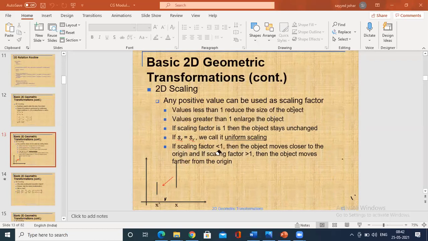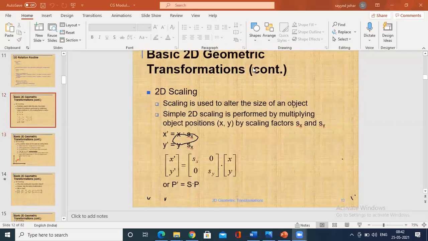If the scaling factor is less than 1, then the object moves closer to the origin. Remember, if the scaling factor is less than 1, the object moves nearer to the origin. If it is 1, we will have a uniform scaling. If it is greater than 1, it enlarges the object. Okay. Now coming to the